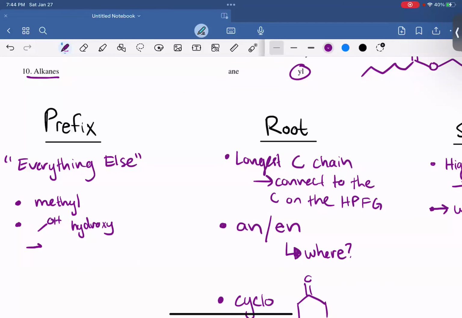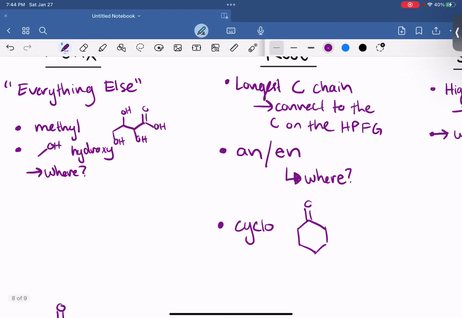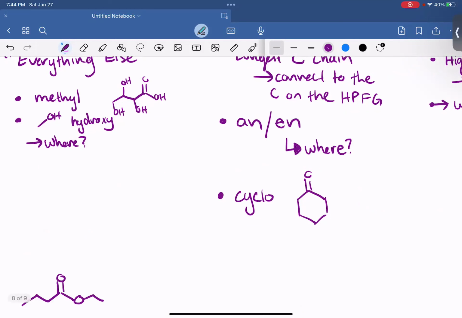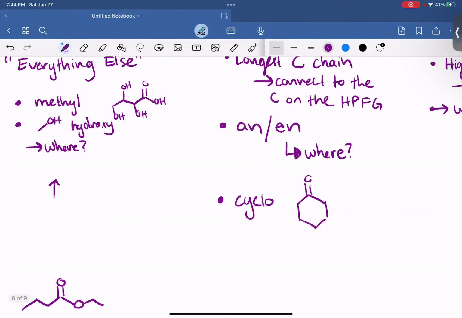And you need to identify where it's coming off of. So if you have a carbon chain, and there's an alcohol coming off of it, it could be coming off of the 1 carbon, or the 2nd carbon, or the 3rd carbon. So you can't show any ambiguity in the name. So you must identify the location of all of your substituents, and substituents means pieces coming off of it. Okay. Lastly, what else goes in here is if there is an ester,